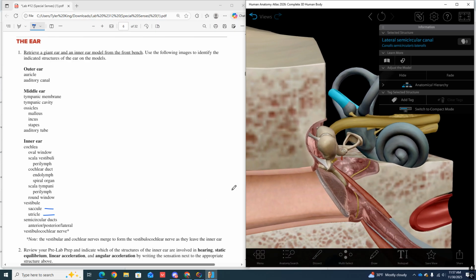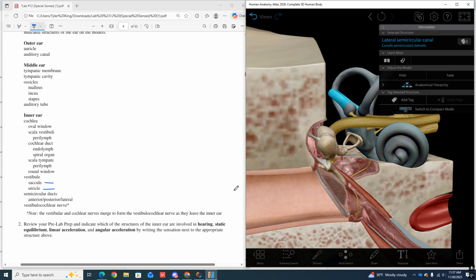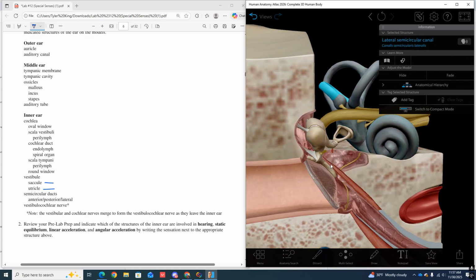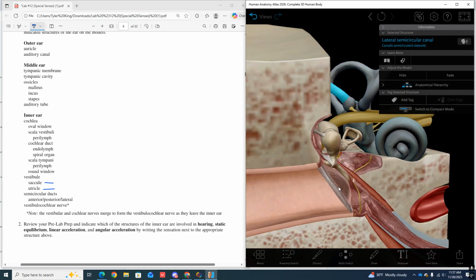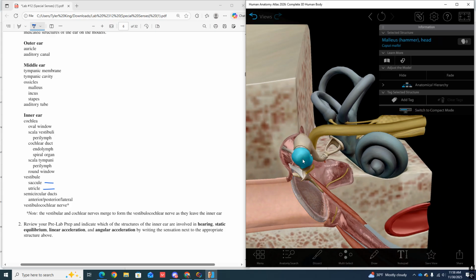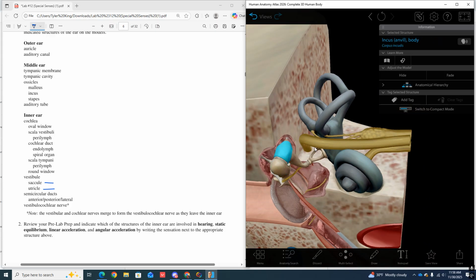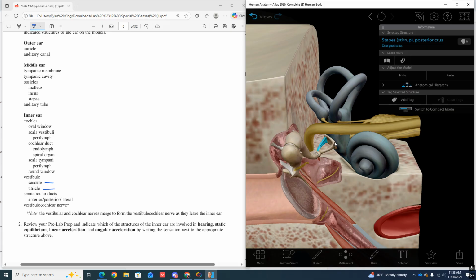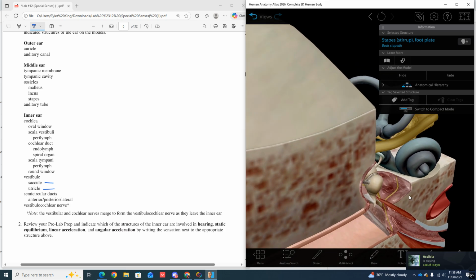And if you want to talk about how sound is transmitted, always start from the outer ear and work your way in. And then remember, sound comes in, tympanic membrane, vibrates the malleus, which vibrates the incus, which vibrates the stapes, which vibrates the oval window, and then it vibrates to the scala vestibuli, and then the cochlear duct, and then it vibrates over the top of the spiral organ, vibrates through the scala tympani, and exits through the oval window, which